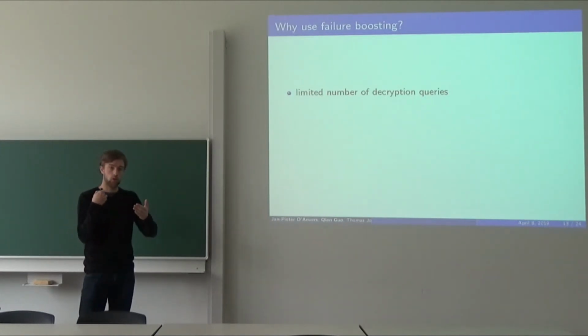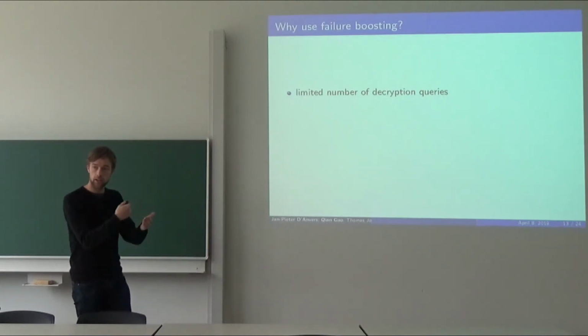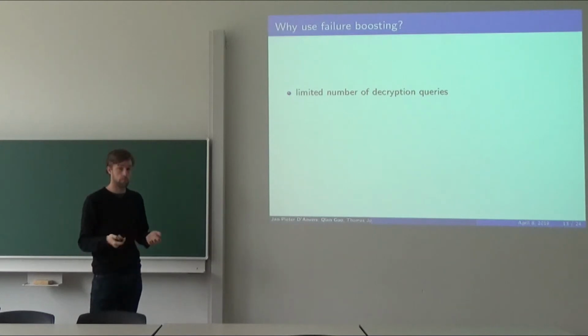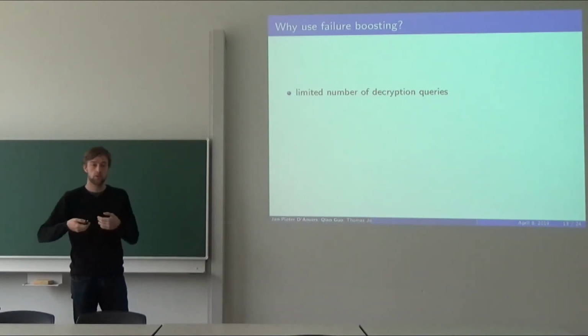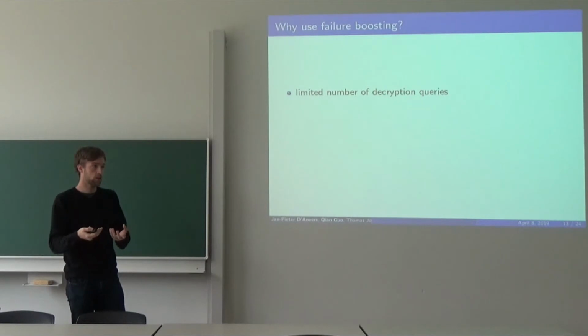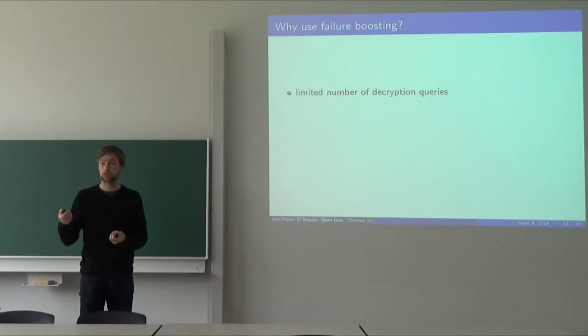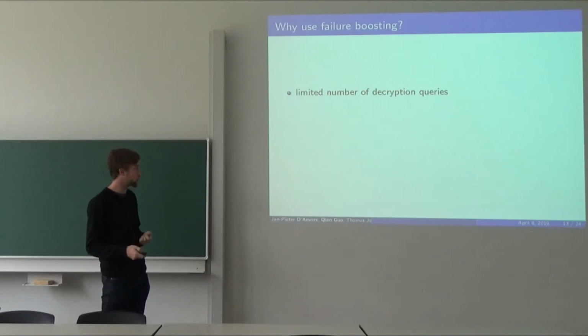If you can only do so many attempts at getting a decryption failure. For example, in the NIST post-quantum process, they say the maximum number of queries that you can do to the oracle is 2 to the 64. So in this case, you can do this pre-computation alpha to increase the failure rate of these samples. And then hopefully you get your failures within this 2 to the 64 bound. So that's the first thing you can do.